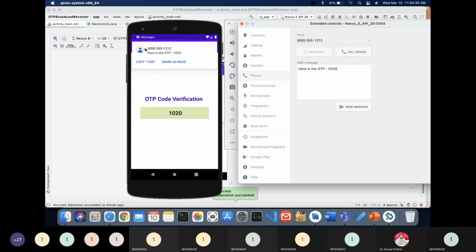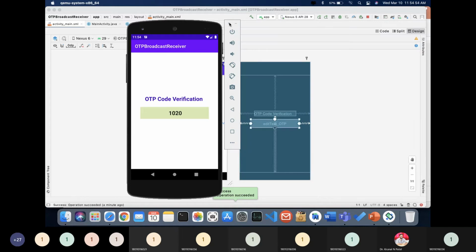So one message comes over here like this. Here is the OTP: 1020, and directly the OTP will be over here. After that, I can click on the verify button and my OTP will be matched, right? So if I want to perform this kind of task, then what should I do, right? So you just need to